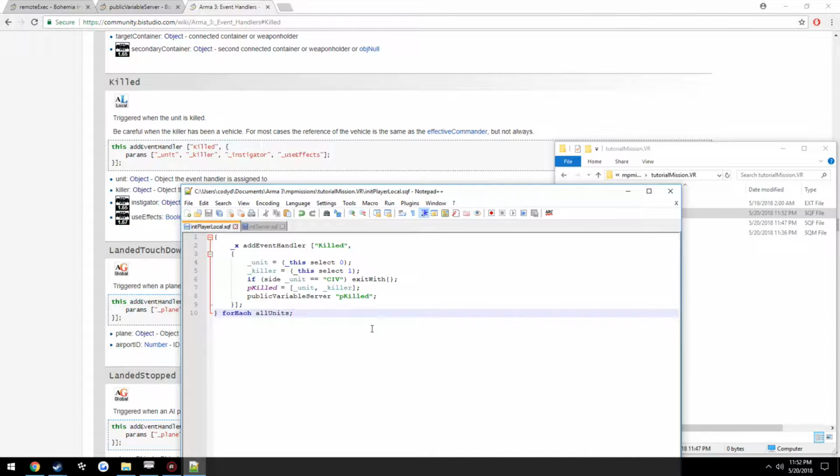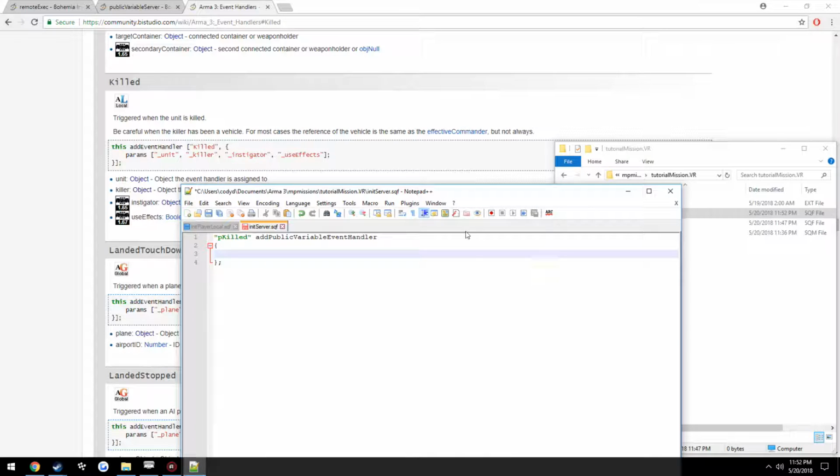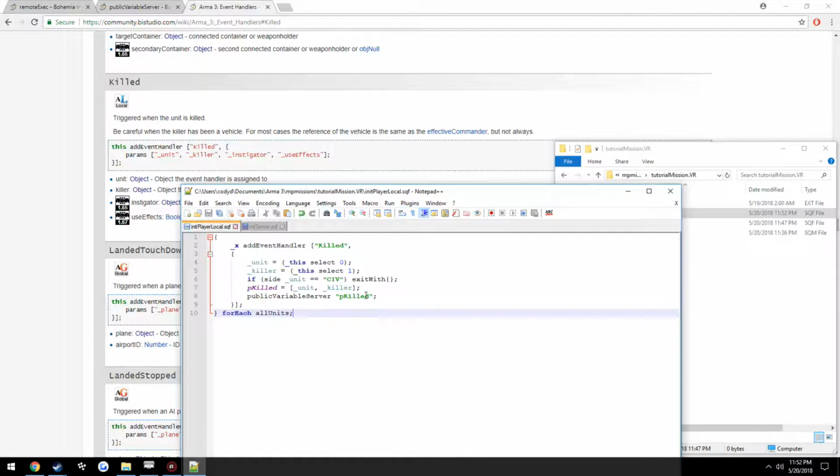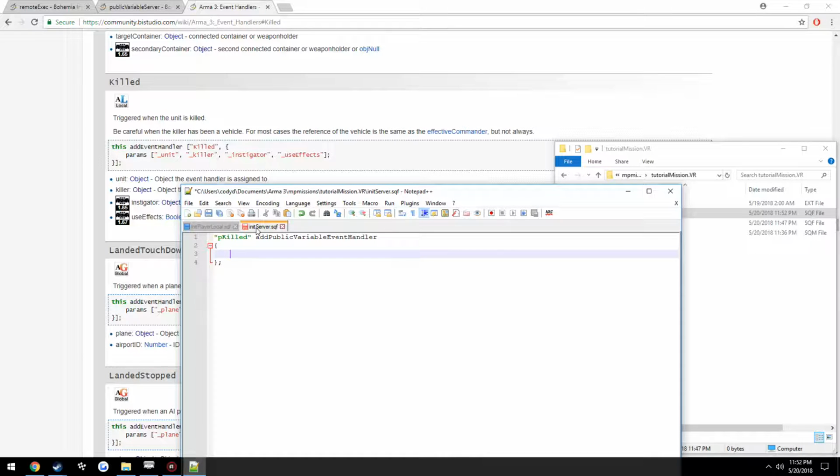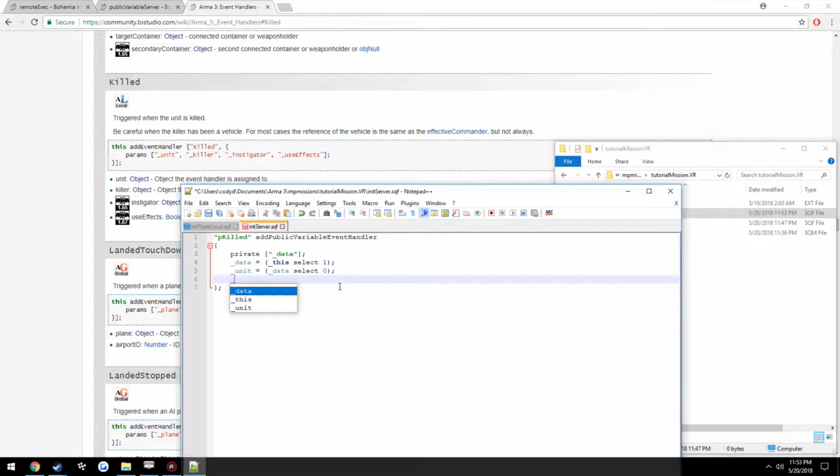Now inside of here, that's all we need. So we want the calculations to all be done on the server. The only information we really want running on the client is just the stuff we need to get to the server. So we're going to go ahead and make a private variable. Since it's an array, we're going to make it as an array. We're going to name it a local variable data. So data equals this select 1, and unit equals data select 0, killer equals data select 1,